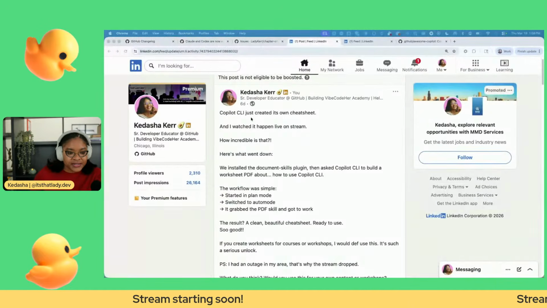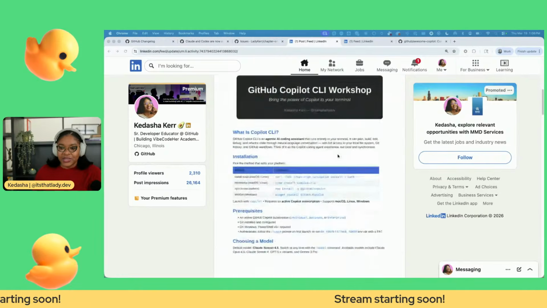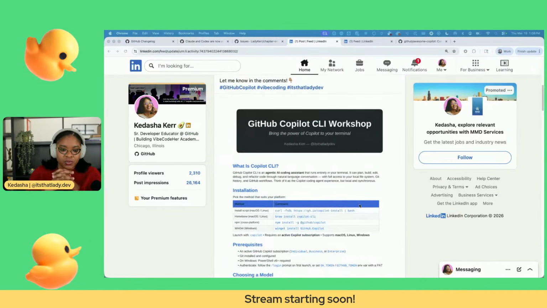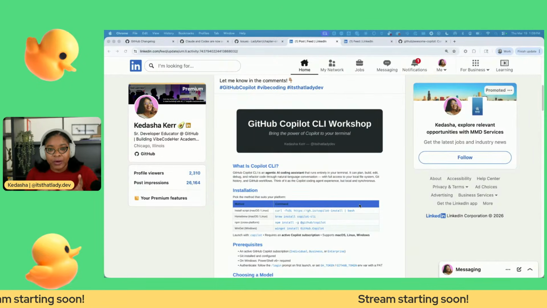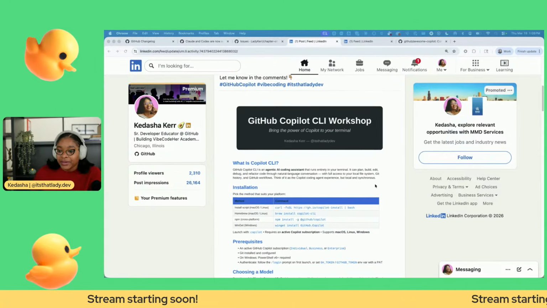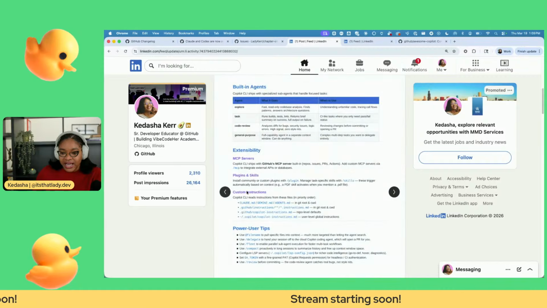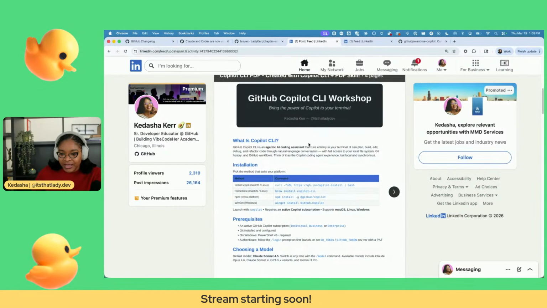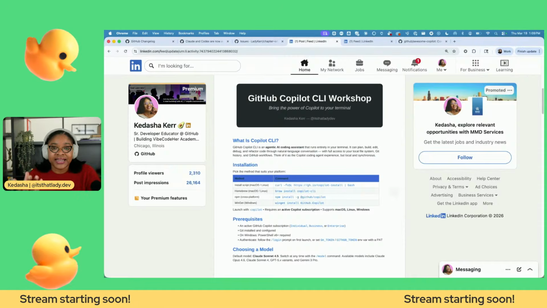So this first thing I want to show you is the output of the PDF. And so this is from when I installed the agent skill into Copilot CLI and asked it to do research on how to use Copilot CLI, what it is, how to use it. And then it spat out this beautiful PDF here that you're seeing. Just like this, it has, what is the Copilot CLI? I saw someone ask, what is Copilot CLI? So Copilot CLI is an agentic